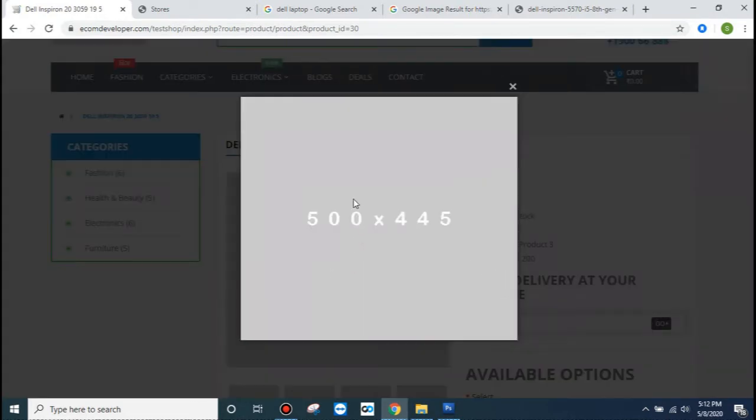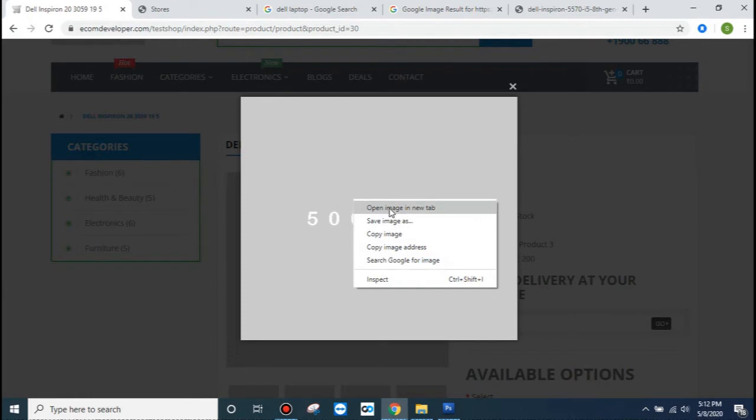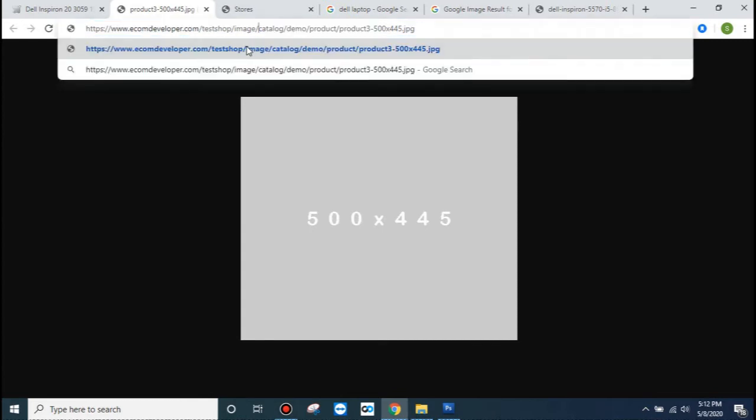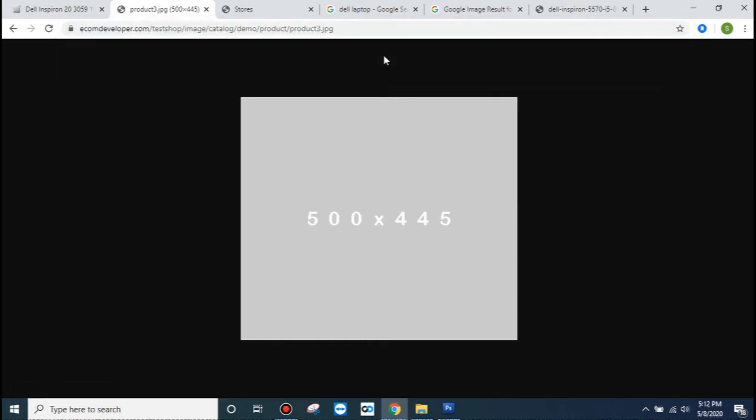You get the pop-up, open image in new tab, and this is basically the cache image. If I want to see the original image, delete this folder and delete this part. So this is your original image now.